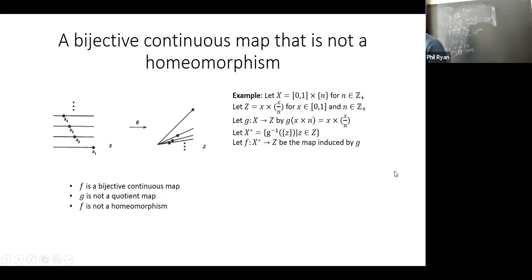So these are some examples of spaces. This is kind of like a counterexample to the previous example. This is an example where we have a bijective continuous map, but it's not a homeomorphism. Ignore these dots for a moment, and let's just consider the set X, which is the product space of the unit interval with the positive integers. So it's a countable number of unit intervals stacked one on top of the other. And let Z be